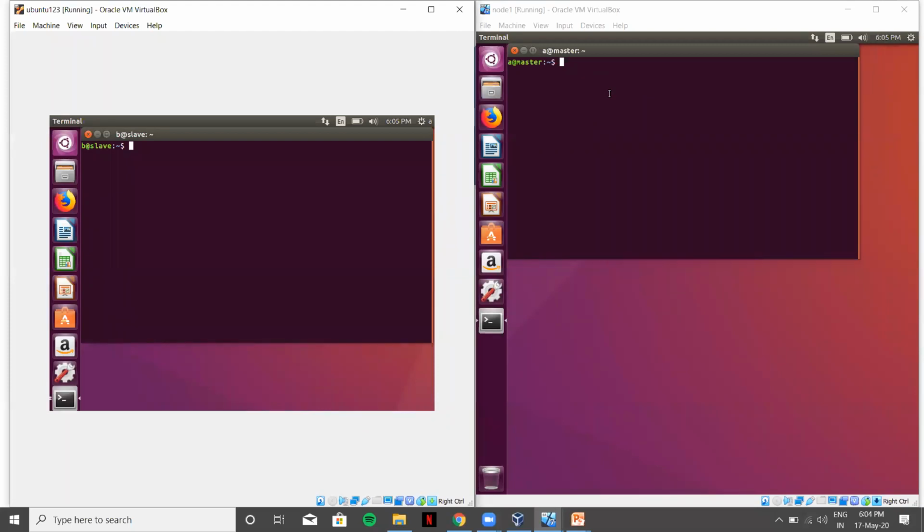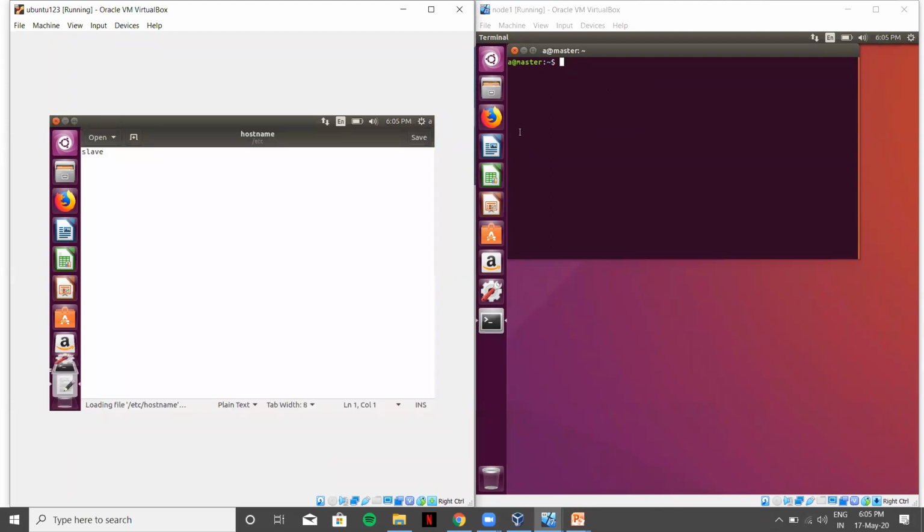Initially it was named node 123 and Ubuntu 1, and then using the command sudo gedit hostname, you type the password and change the name. Over here we changed the name to slave, and in similar fashion we changed the master one to master, but initially it was Ubuntu 123.